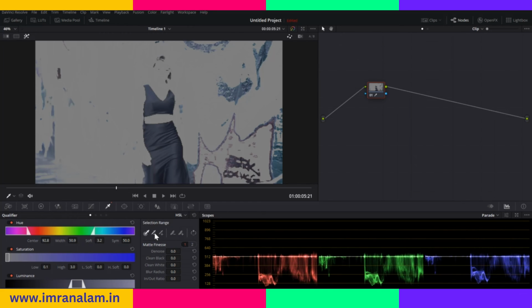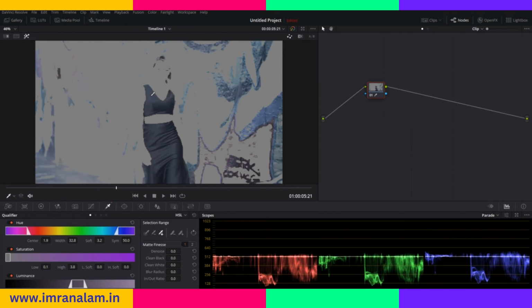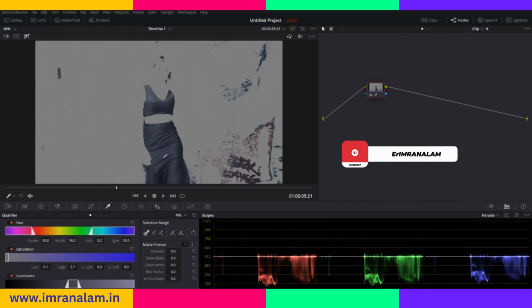If I want to minus a certain color, I'll click on it and click on the area which I want to minus from our selection, and I can also add some other color into our selection, like this. And also we can add or minus feathers from our selection. Now I just want to select this black cloth. First I will select this black cloth only, so no other thing has been selected, like this. Once you have taken your selection,